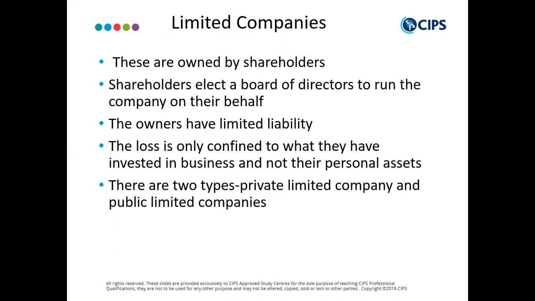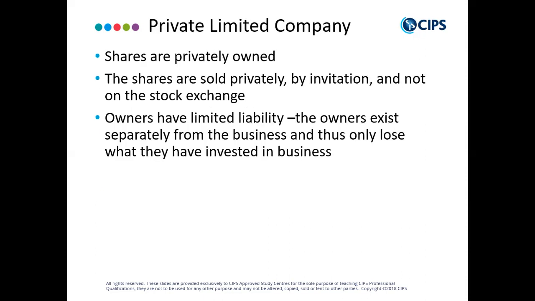So there are two types of limited companies, right? Private limited companies and public limited companies. One is the private limited and one is the public limited. So private limited, the shares are privately owned. Like I said, guys, I had touched on these already, I'm just giving a brief synopsis so we don't go into today's lesson dry. So shares are sold privately instead of being posted on the stock exchange, right? And then the owners have limited liability.